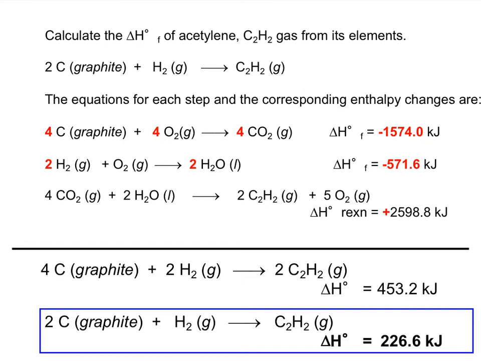That gives us 2 carbon as graphite react with 1 hydrogen molecule to produce 1 mole of acetylene, and delta H is 226.6 kilojoule. By definition, this is the formation of enthalpy of acetylene, because we formed